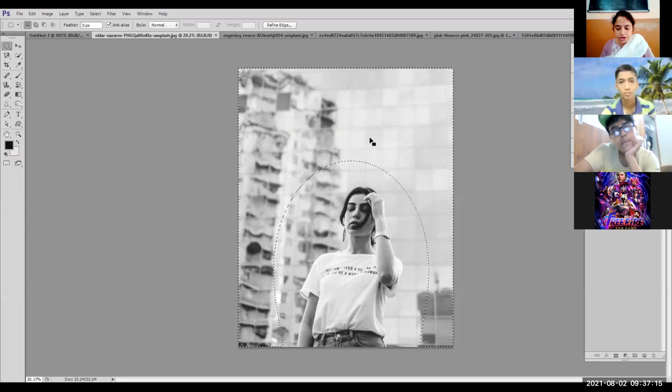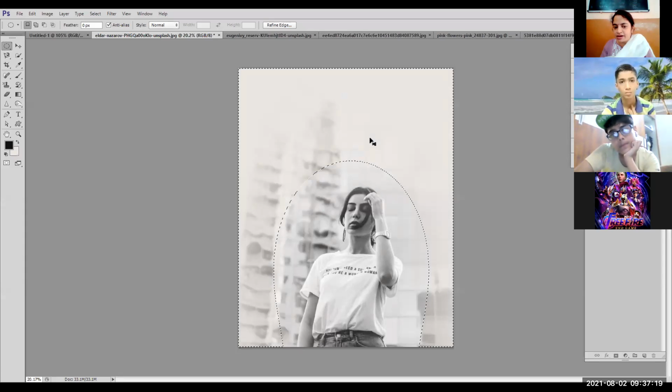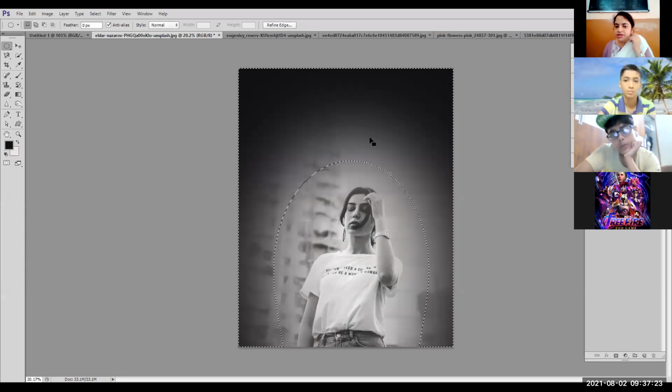background color or foreground color. I'm pressing Control plus backspace. It is giving me the background color. If I press Alt plus backspace, it is giving me the foreground color like this. Now what happened? When I give the feather effect, it gives a blur effect around the selected area. It is not giving the full black color. The color has become transparent from here, around the radius up to 500 pixels.